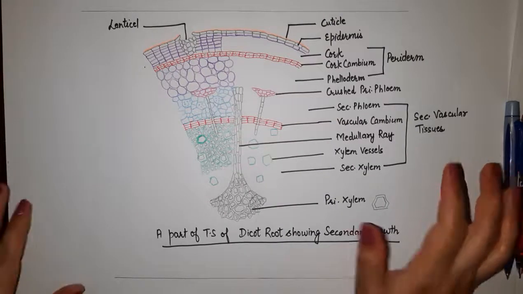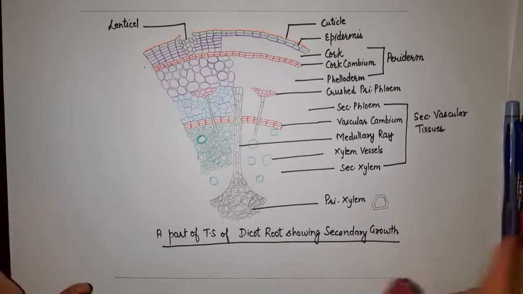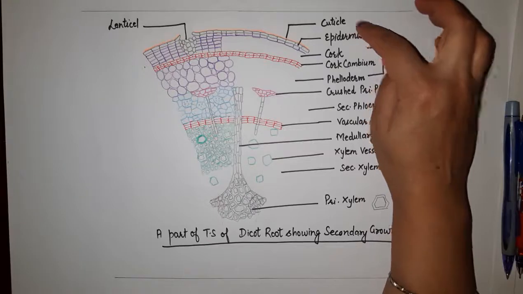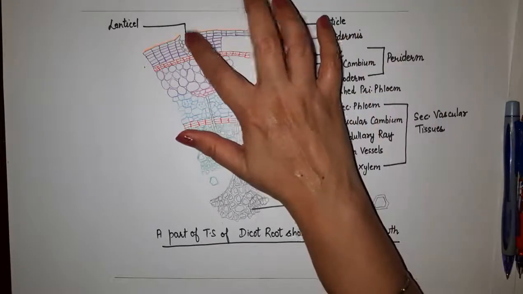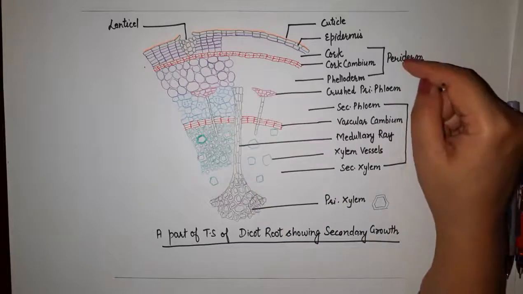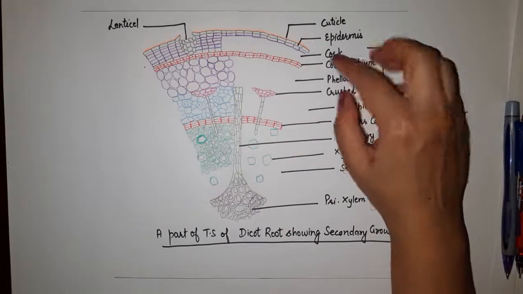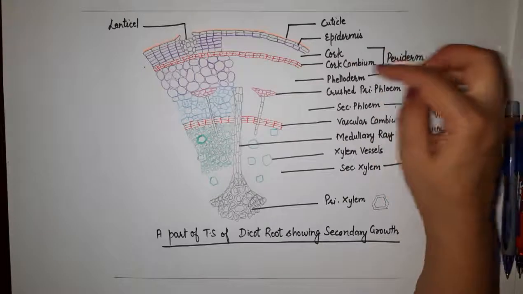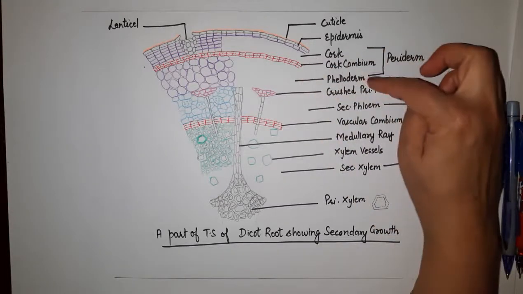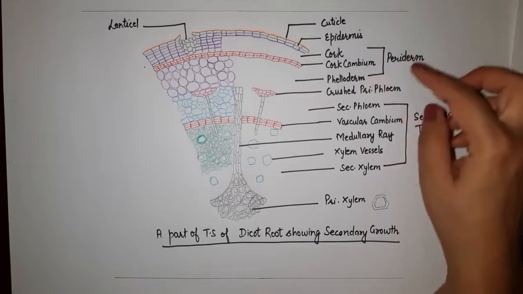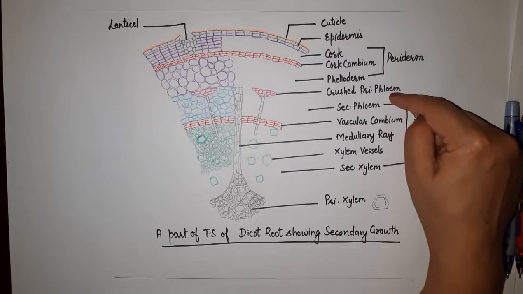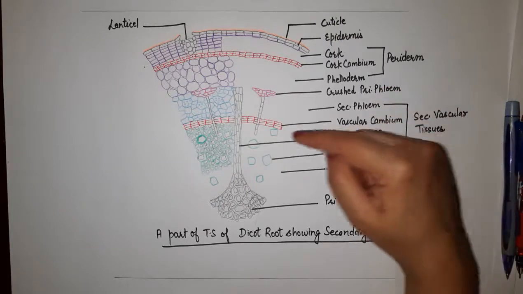The cellular diagram should be learned properly. So we have outermost layer of cuticle, then single layered epidermis, which is ruptured at few places, and below them we have abundant aerating pores called lenticels. Then there are present few layers of cork, followed by 2 to 3 layers of cork cambium, then abundant phelloderm or secondary cortex. Towards the inner side we have secondary phloem having the patches of crushed primary phloem, and then